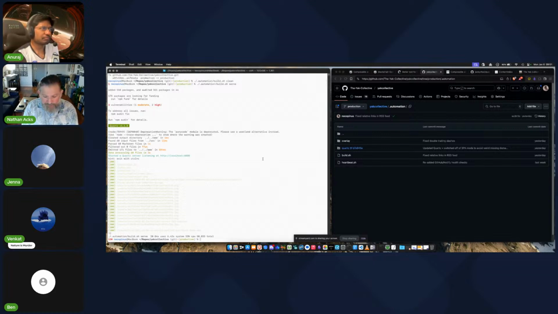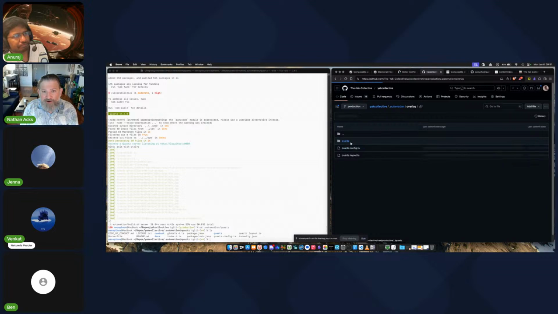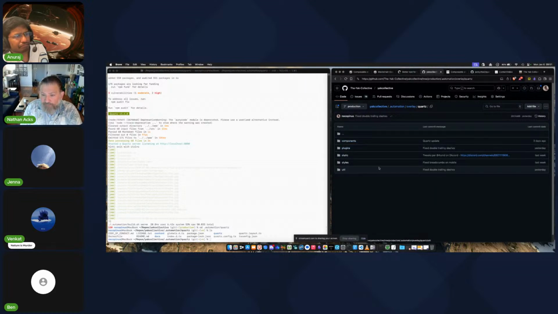You can do that. You do have to do that locally. You just come in here and go into that Quartz directory. You'll see that that's actually everything that's in Quartz. You just do a git pull from here. I'm not going to do that right now. That'll update it. And then you need to compare the files in overlay, not the config and the layout, obviously, but the stuff in components and plugins and util, to what's in Quartz. If there's been any changes, Git will tell you what files changed when you do the pull. And then you need to copy over those changes.